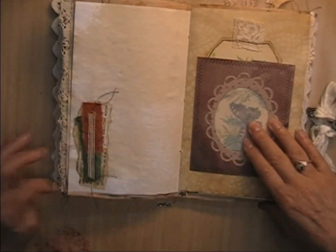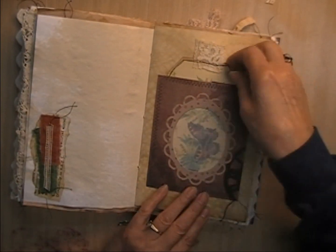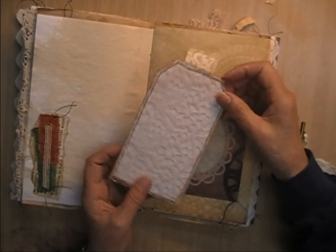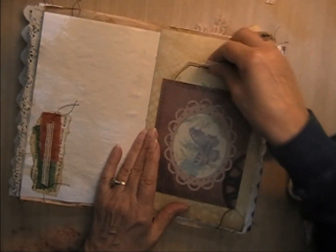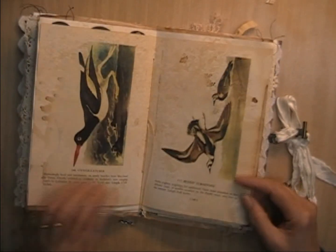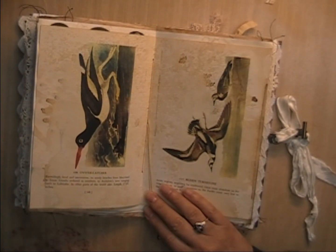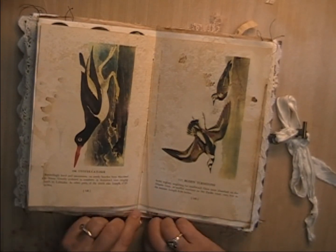Same thing here, another little collage. Here's a see-through pocket, and in it is a card from Edith Holden and a scan of my linens on the back. Oops. There's the center of the book. Oh, this one has some little charms at the bottom. I don't know if I put charms on that one. If I didn't on Abigail, I will put some charms on the